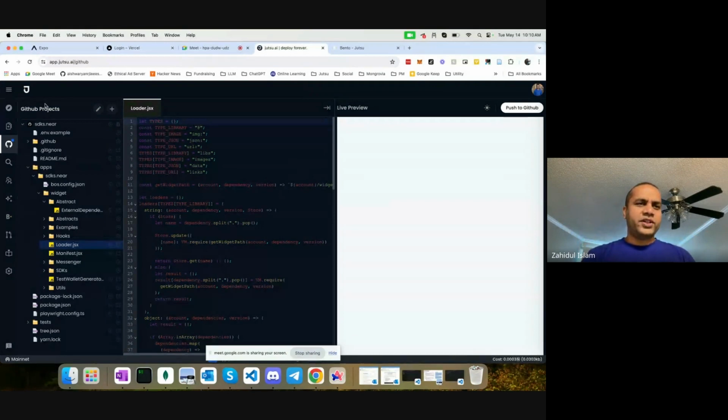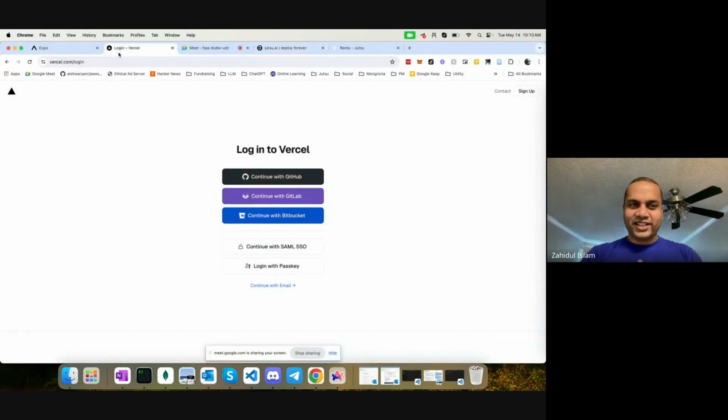How many people, I don't know, I cannot ask here, but I have built this kind of social login component probably more than 100 times. And every time, even today, I cannot tell off the top of my head how to center all this and make this kind of nice UI. But today, you don't really have to do it.